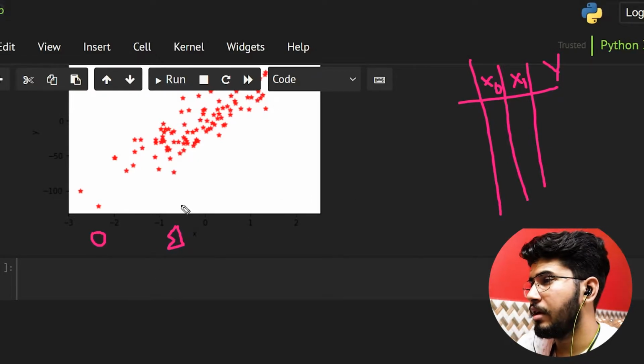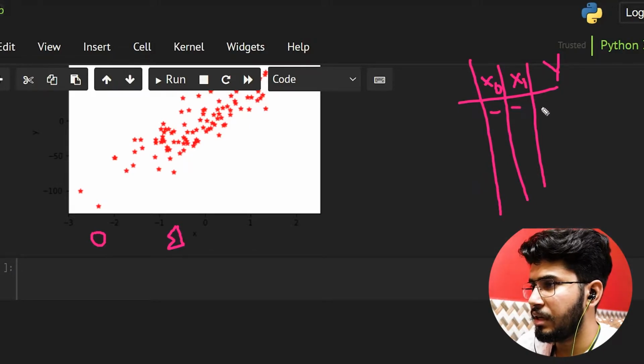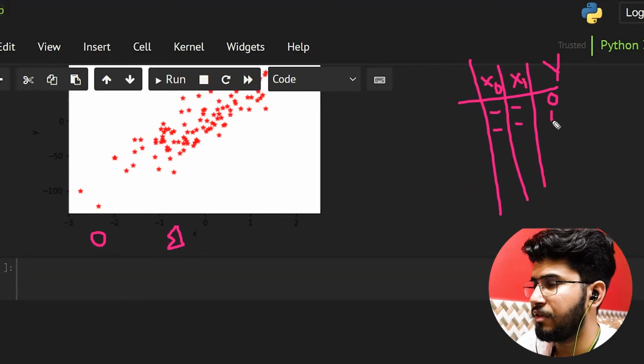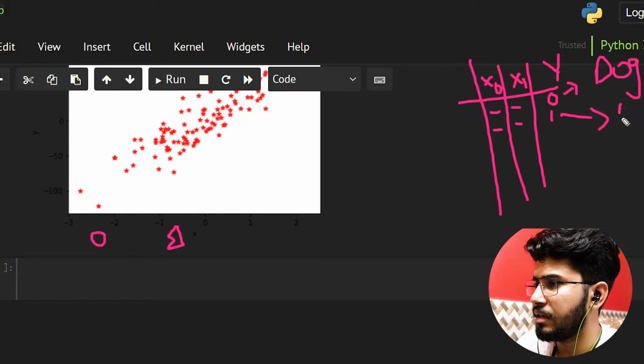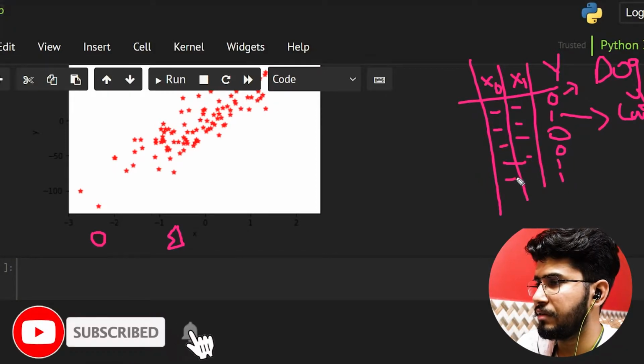It could be anything. So it will have some values here, and here we will have values in binary form. Let's suppose we have here 0, then it will have 1. Let's say 0 represents dog and 1 represents cat. So we will have multiple zeros and multiple ones like this on the basis of some values here.